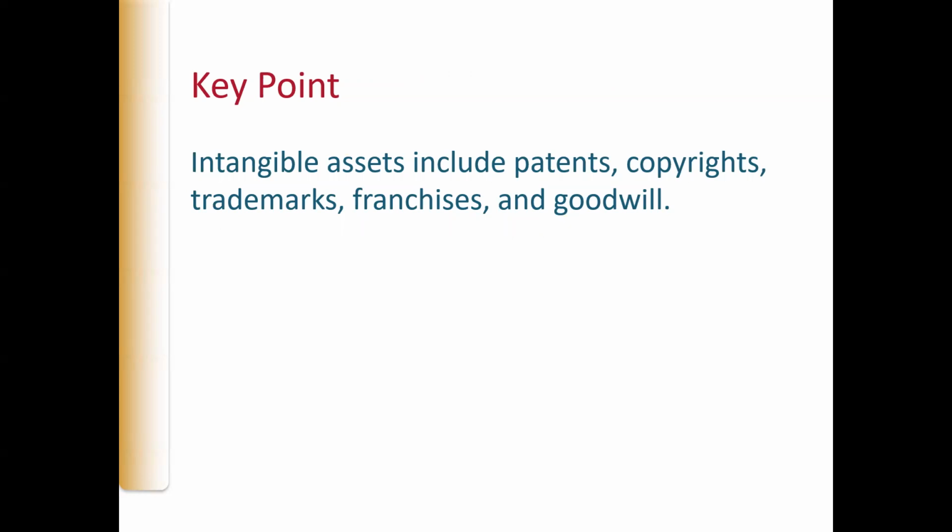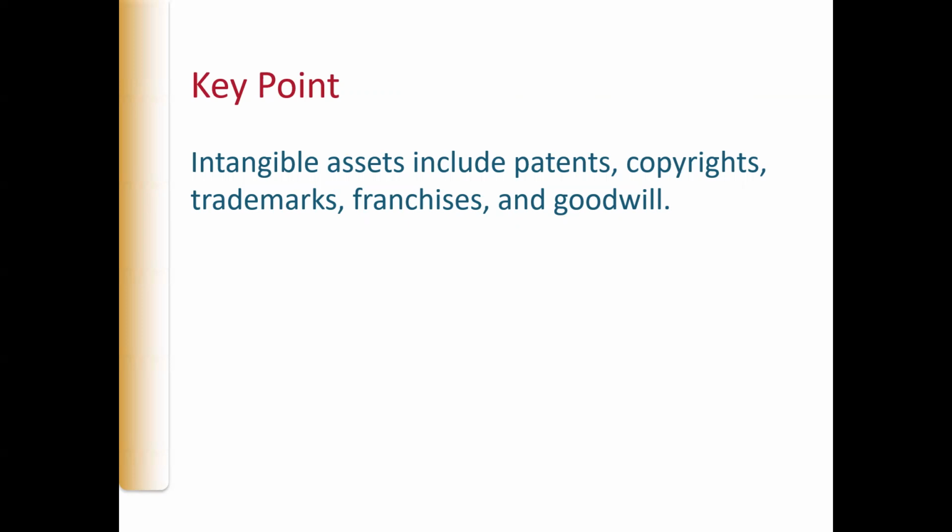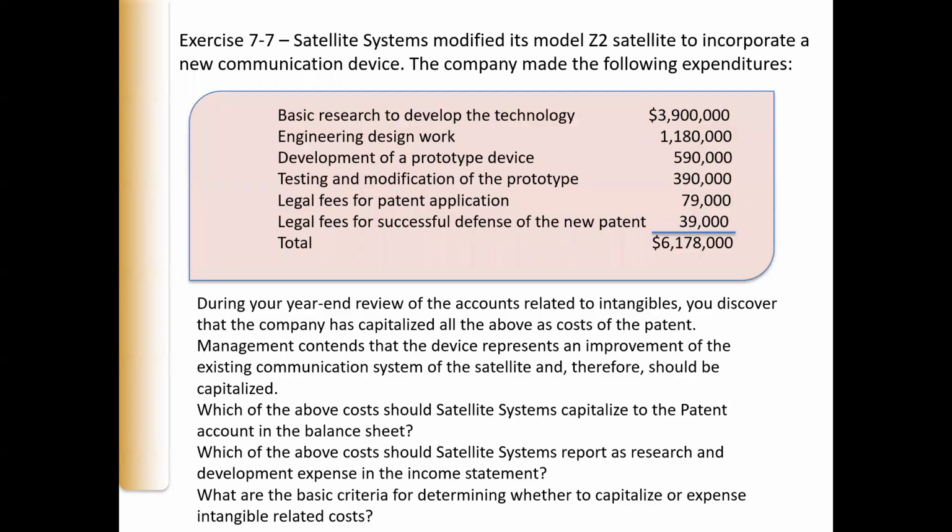as we know about all the various types of intangible assets, we're dealing with patents, copyrights, franchises, trademarks, and goodwill. So Satellite Systems modified its Z2 satellite to incorporate a new communication device. The company made the following expenditures. So we've seen the basic research to develop the technology, the engineering design, the development of a prototype, the testing and modification of the prototype, legal fees for patent application,